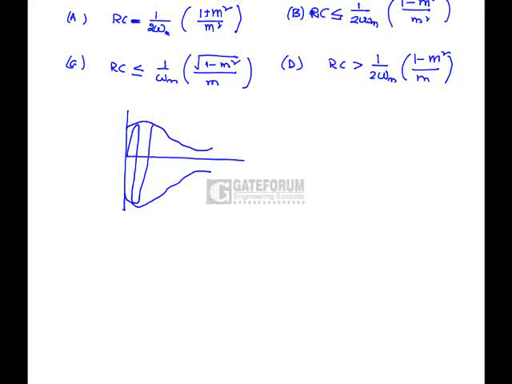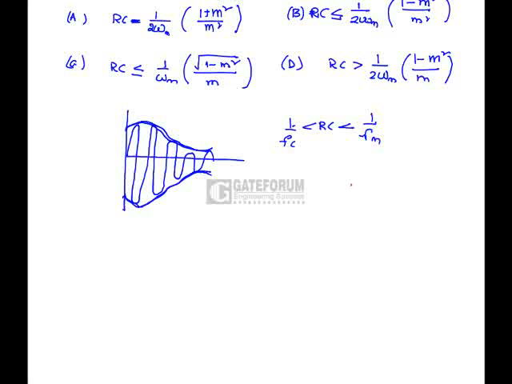So the modulated carrier is inside of the envelope. In order to detect the message, because the information is present only in the envelope of the signal, the time constant RC should be greater than 1 by FC, and it should be less than 1 by